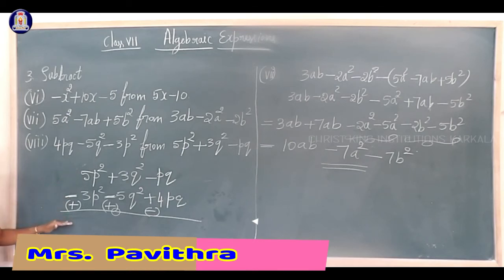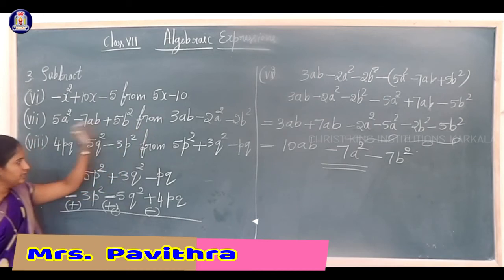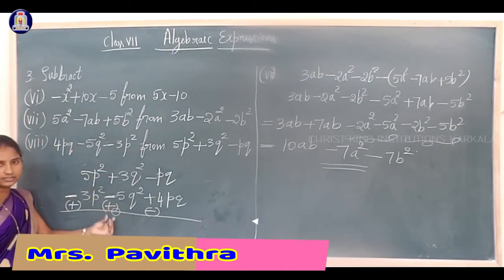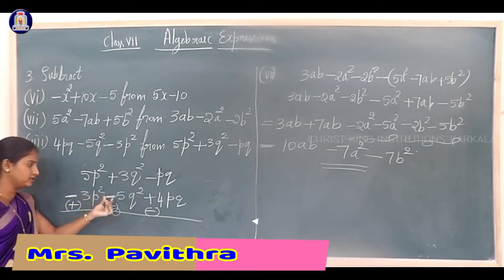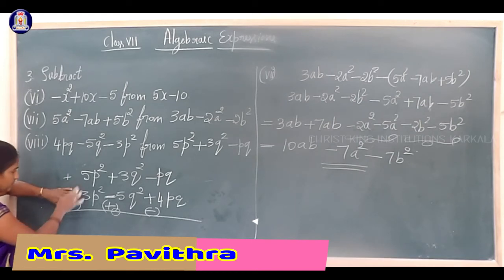Clear? So this is the vertical method. The second expression you must write first and the first expression write next. Then you have to change the sign. If it is minus, write plus. Plus means minus. So now next see the sign. The sign here is plus and here the sign is a plus. So don't see the middle sign. Take the first sign and the changed sign. The first sign is plus and the changed sign is also plus. So now plus plus, same sign, addition.